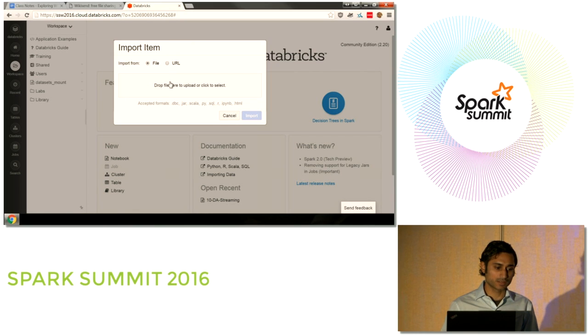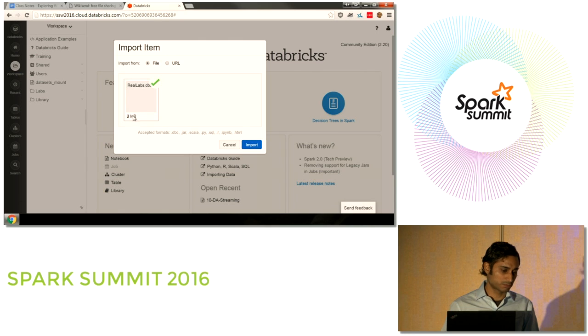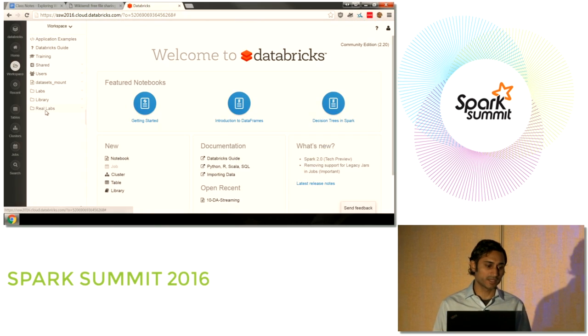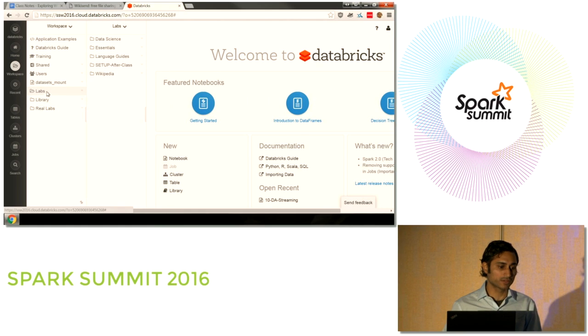So I'm going to just leave that on File and click this. And then there's my labs. Click Open. And it takes like a second for it to import. And then click Import again. And you'll notice that it just populated the Real Labs folder under the workspace, which is different than the labs folder. The labs folder is basically,